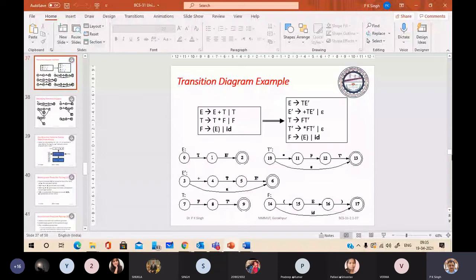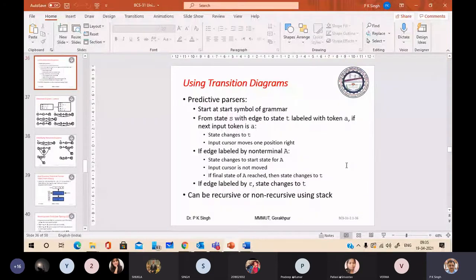Now see, last time we discussed recursive descent parsing, and you have seen the recursive routine that may be used for top-down parsing.